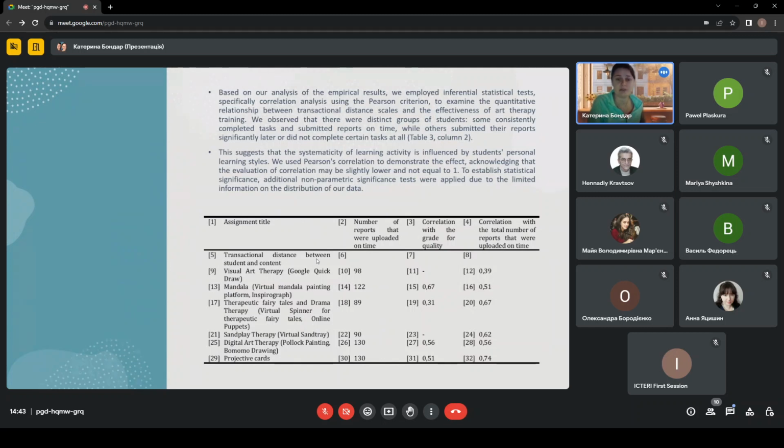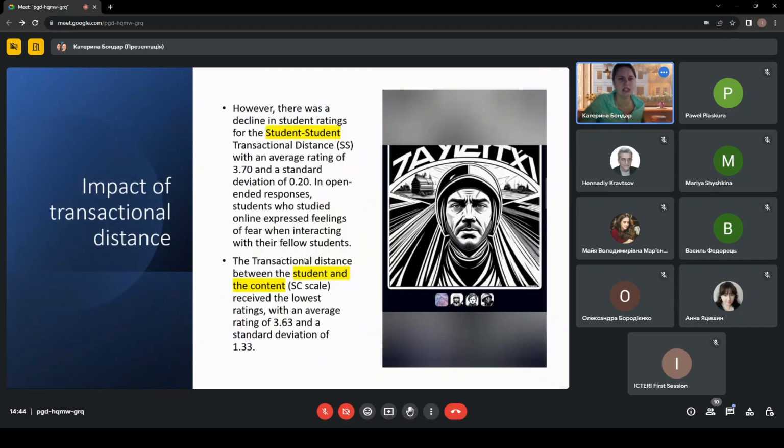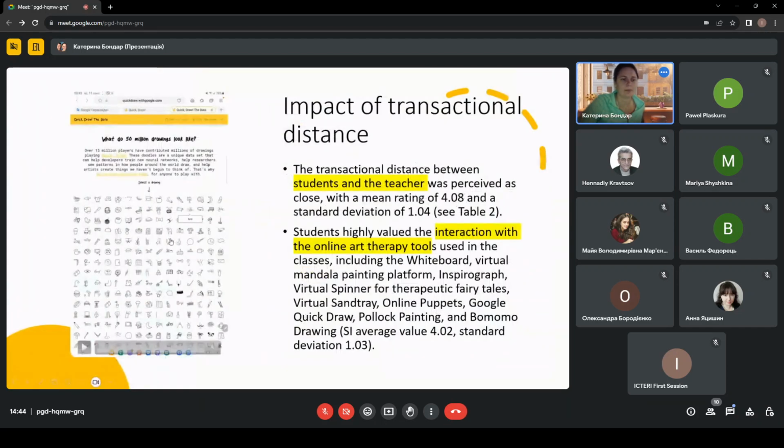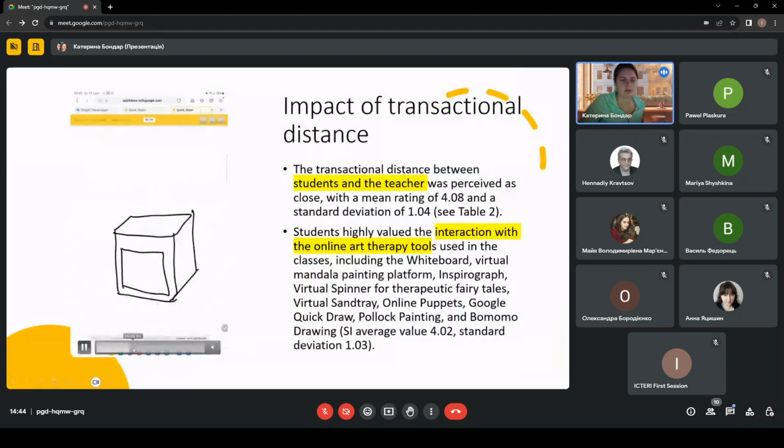And if we see our last slide, I can mention that some topics were really productive and some topics weren't productive for our students, such as sand-play therapy and an online tool from Berkeley University. We use a platform from Berkeley University with sand play therapy and these tools. I just show you, it's really easy to use, but for students it was super nice.